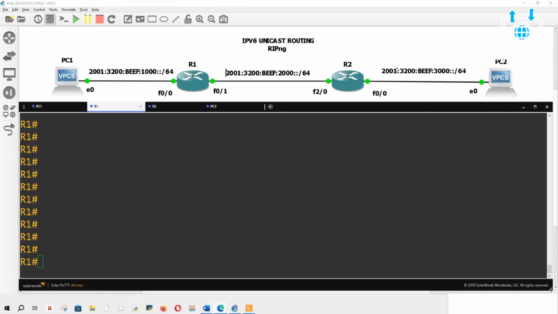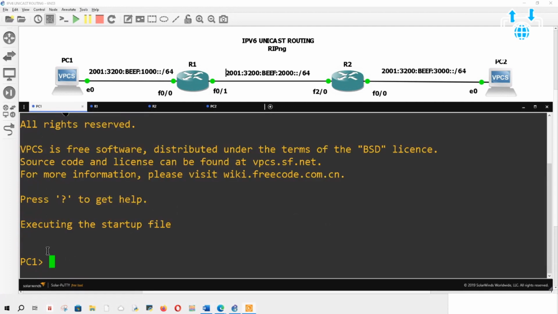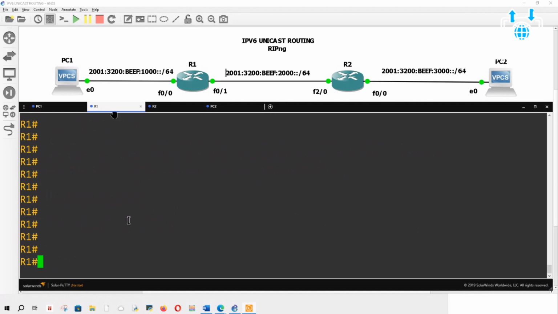I have it open this time, and there's GNS3. Here's a PC, obviously with nothing configured. R1, R2, R3, and then the other PC. Those are the networks going across here: 2001:3200:beef:1000, 2000, and 3000.